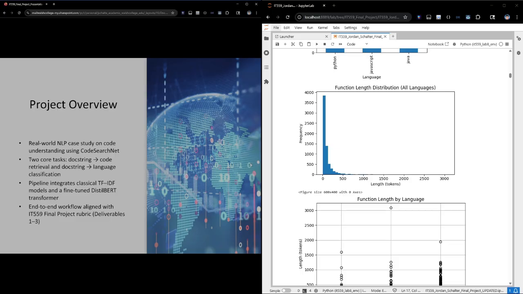Project overview. The central goal of this project is to investigate how well NLP systems can understand software documentation, specifically docstrings, and use that understanding to perform two major tasks. Retrieve the correct function implementation using only the text of its docstring, and predict which programming language a docstring belongs to, such as Python, JavaScript, or Java. These tasks are critically important for modern development tools, including AI code assistants, code search engines, documentation automation, static and dynamic program analysis, developer productivity tooling,